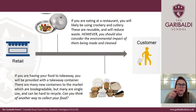This one is the one we're kind of focusing on, the packaging from retail, so that might be the restaurant, to you as the customer. So if you're eating at a restaurant, you'll have plates and glasses and knives and forks, etc., and they're reusable, which will have a massive impact on reducing waste. But you do need to consider the environmental impact of them being made in the first place and them being cleaned, and how that balances out in the grand scale of things with a single-use or recyclable